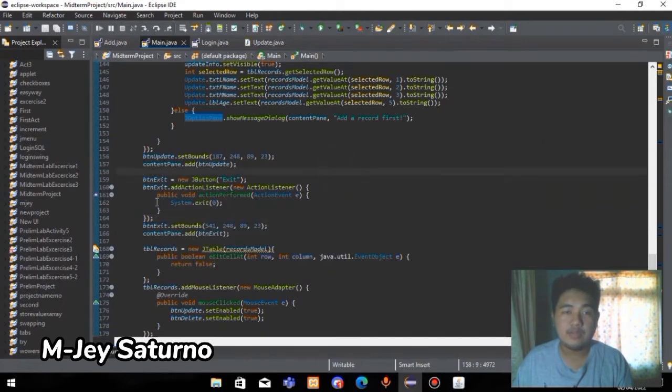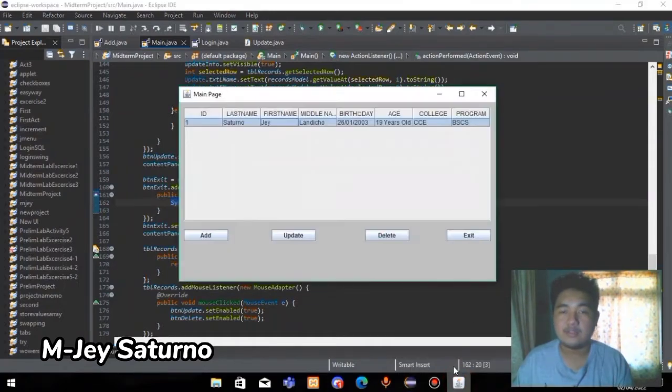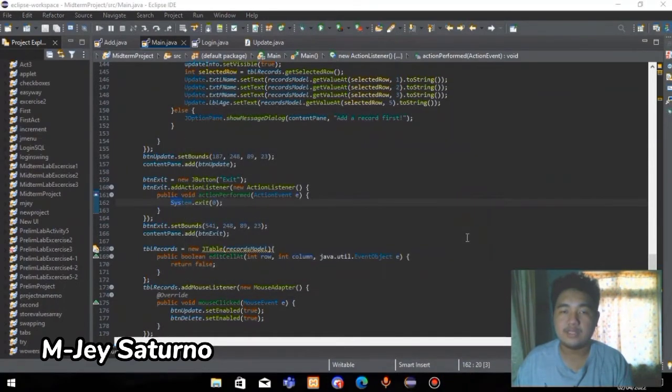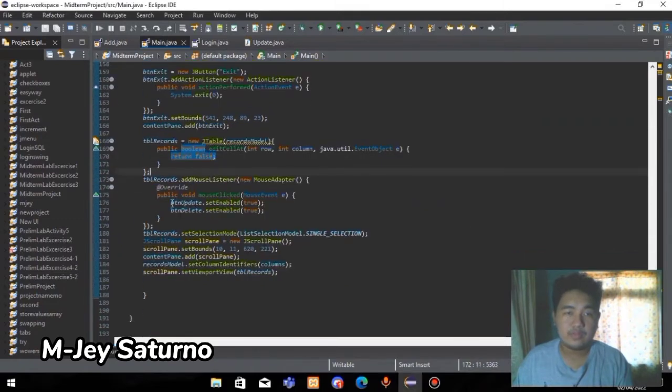Every time we click it here, the public action performed will do system exit at 0. It means immediately exit. Here, exit. And the table records mouse listener. Here, you can see here, mouse click. Every time we click another button or another data in the J table, it will disable and enable the update and delete button. I have set the record set selection mode to single selection,